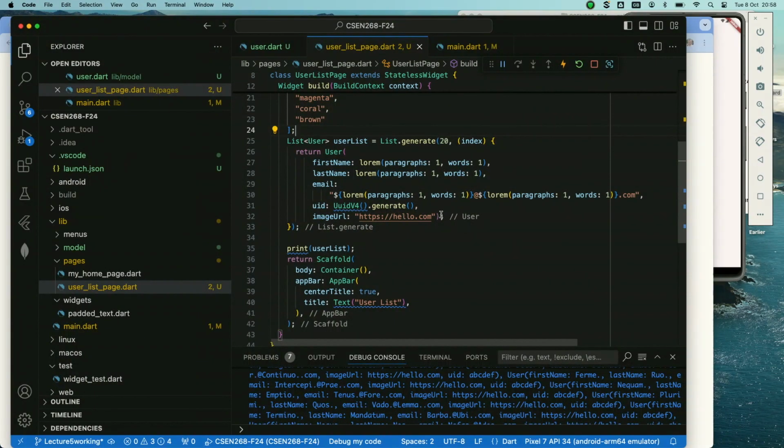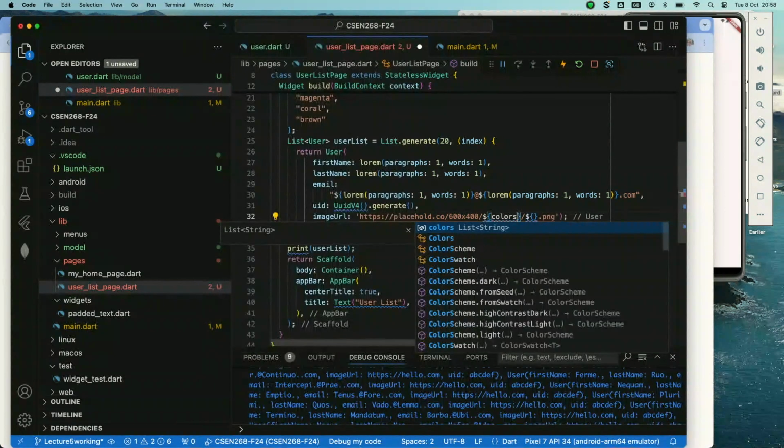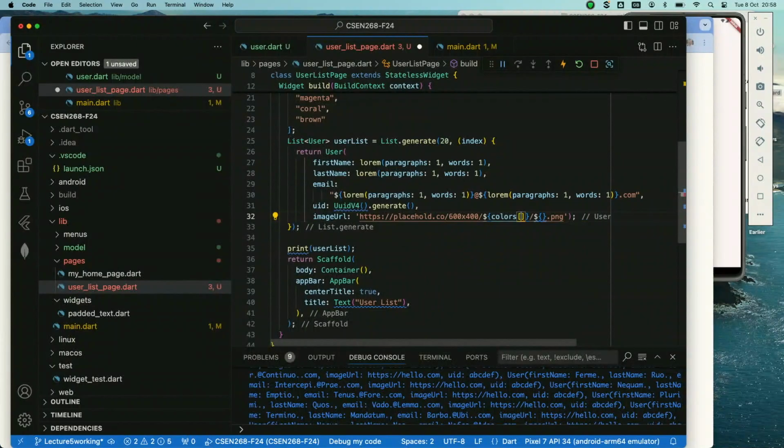So in the image URL, now this one, I want to do the orange and white as random numbers. So they will be interpolations from random colors. Now inside this is going to go colors dot,